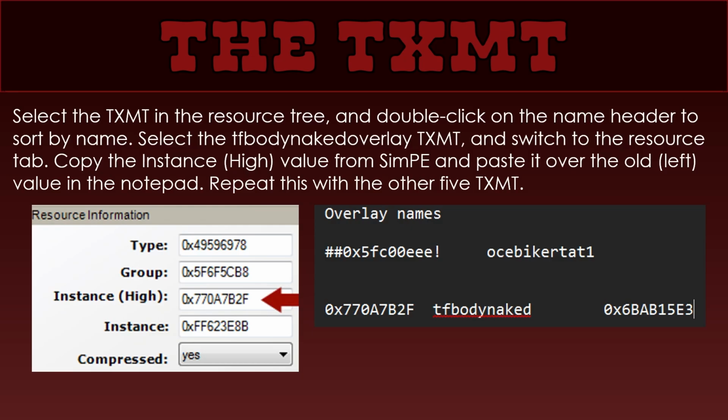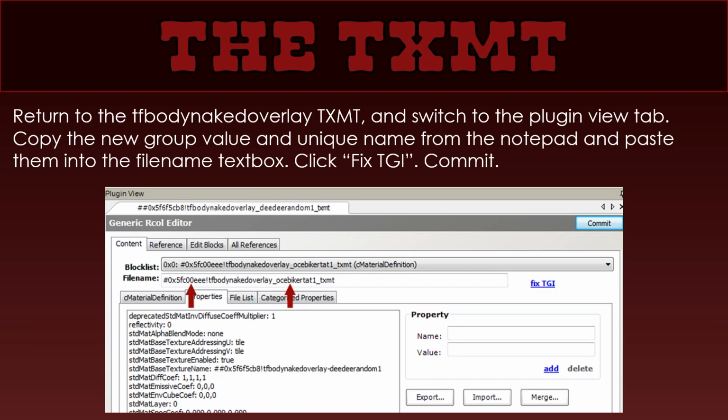It's already been done if you're using the template from the workshop. So we've already got the old values here. But if you're using a different overlay as your template, you would need to do this. So we do that for TF body naked, TM body naked, UF body naked, UM body naked, the face, and the scalp. Then we return to the plugin view of the